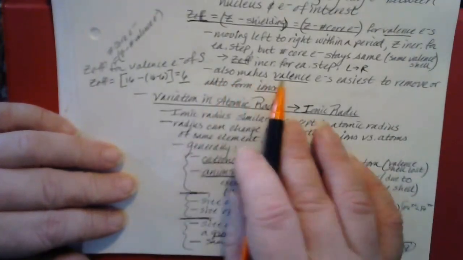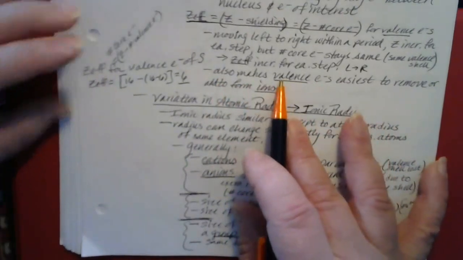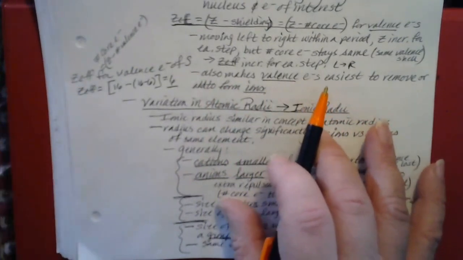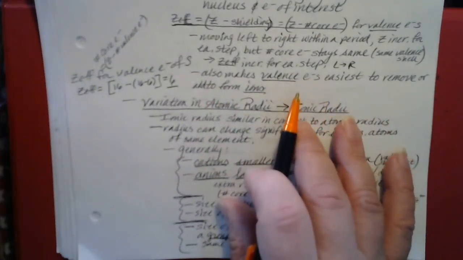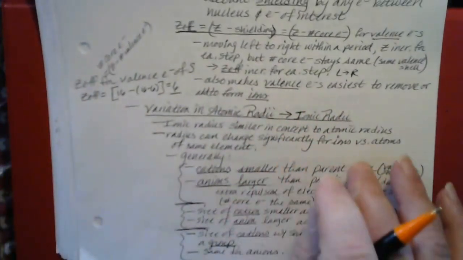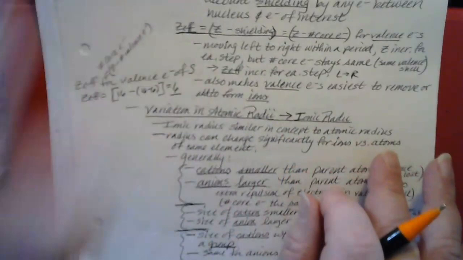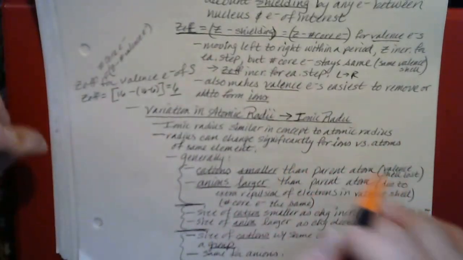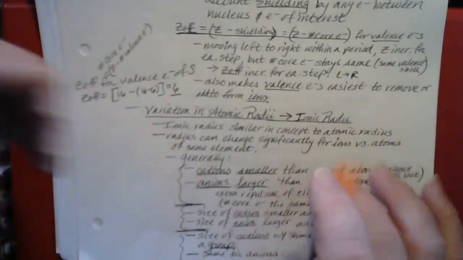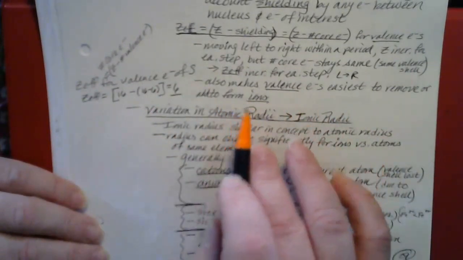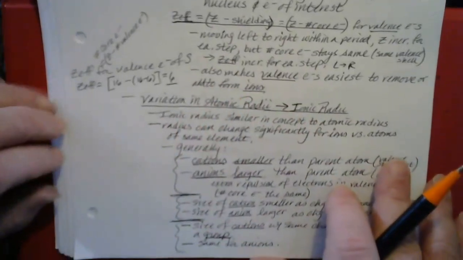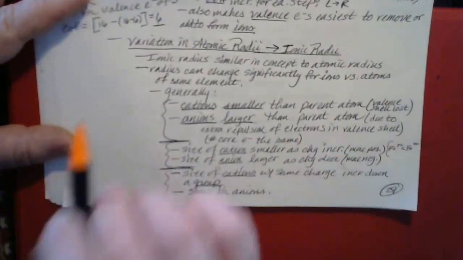The shielding of valence electrons by inner shell or core electrons also makes it easier to remove or add electrons to the valence shell as opposed to the core electrons. The core electrons are kind of hidden down there in the core of the atom, which is why we call them core electrons. And anytime you form an ion or form a bond with another atom, that's always going to involve valence electrons only, not core electrons. They stay the way they are. Okay,